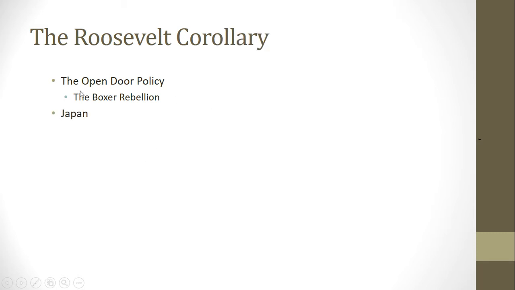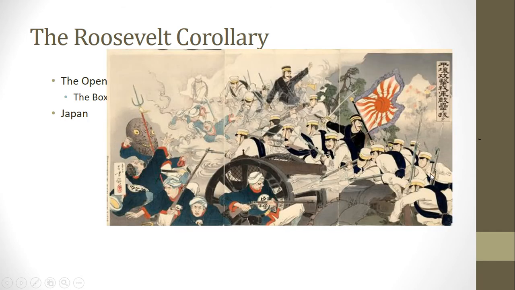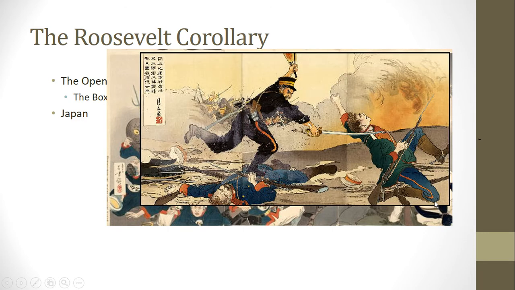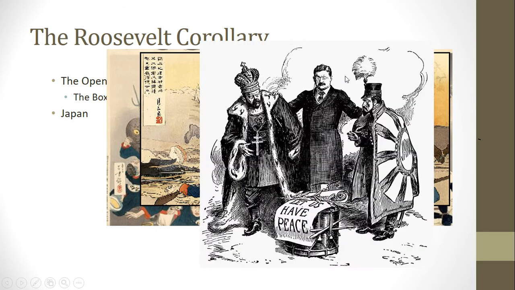So, for example, Japan has been expanding pretty rapidly since the Meiji Restoration era of the 1860s. They won their own war against China in the 1880s, and they defeated the Russians in the Russo-Japanese War right around 1900. So Theodore Roosevelt throws himself in the middle of this and basically stops Japan from getting too much territory in Asia,